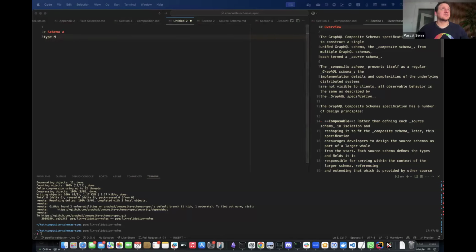Actually, let's take the federation example. Yeah, that's a very good example to illustrate. One second. I have it in one of my tabs. Sorry, I was prepared and then I probably closed it.